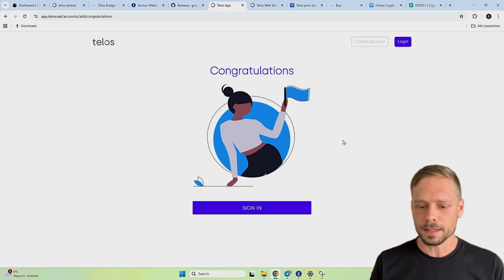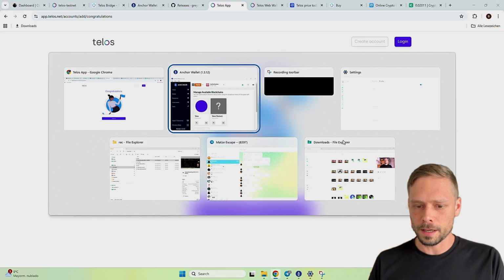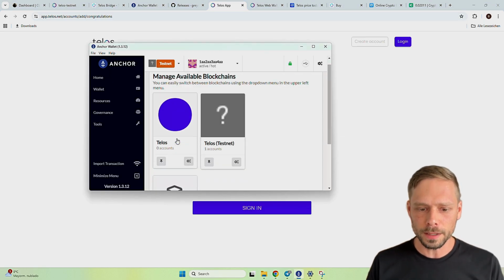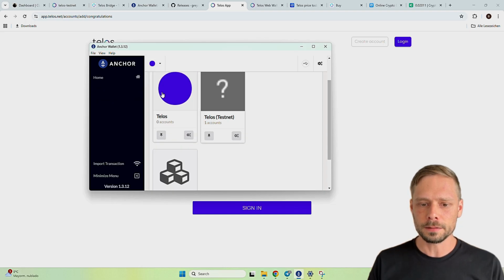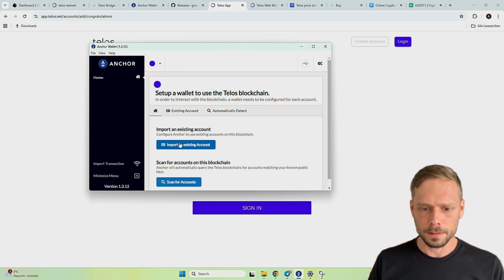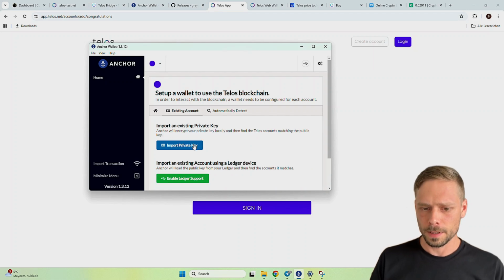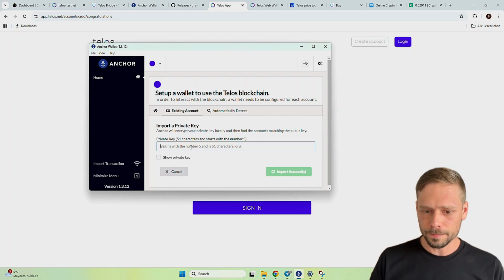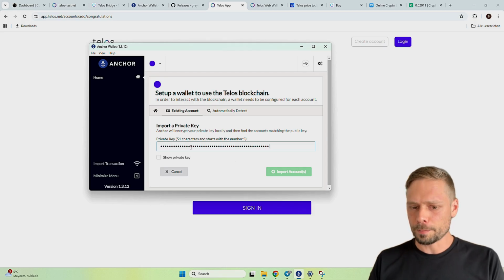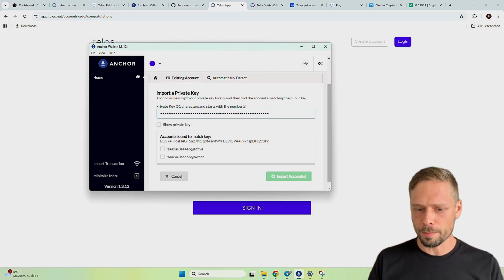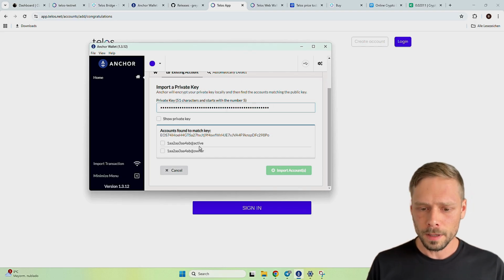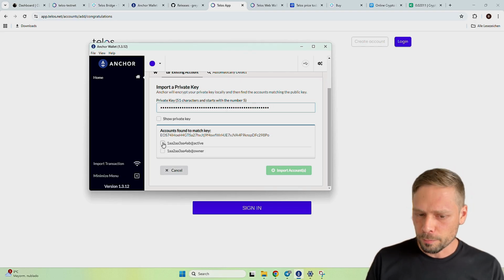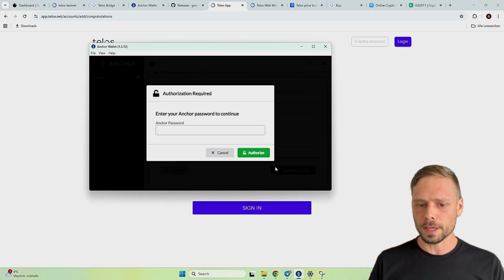So having this key in the clipboard, I'll now go to Anchor Wallet and switch to the Telos mainnet here, import an existing account, import private key, and then you just paste the private key that we just copied, and you can see it already auto detects the account here. We choose the active permission, import account.